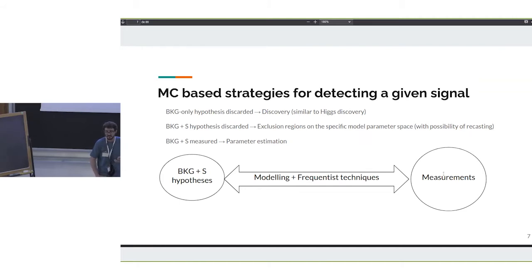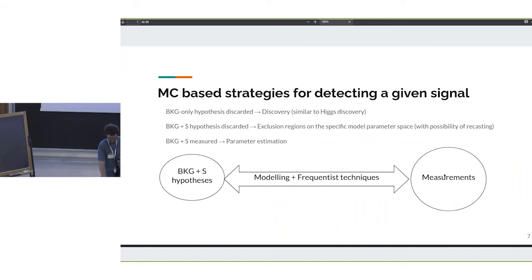This is basically all the searches for new physics in certain regions of parameter space. And then we also have background plus signal measured, which is the parameter estimation. For instance, if we want to measure the coupling of the Higgs to a certain set of particles, our background is all the rest of the standard model processes, our signal is the Higgs, and we can measure to a certain degree of precision the coupling, the mass, whatever parameter we want. So putting it all together, we have background plus signal hypothesis, we have the measurements, and we can relate them through modeling and through frequentist inference techniques. This is usually a very rough statement of what is mostly done so far in, let's say, for instance, ATLAS